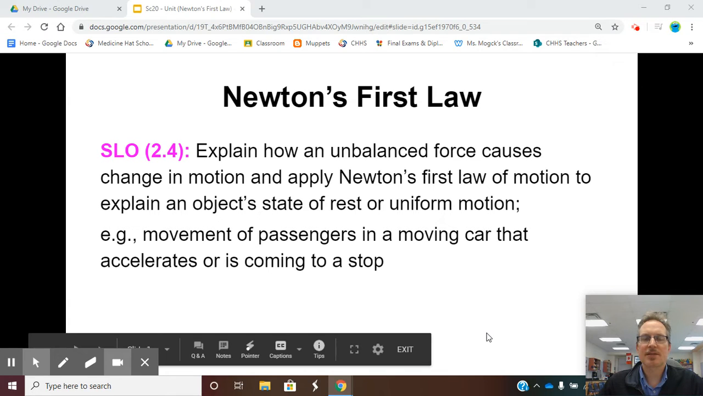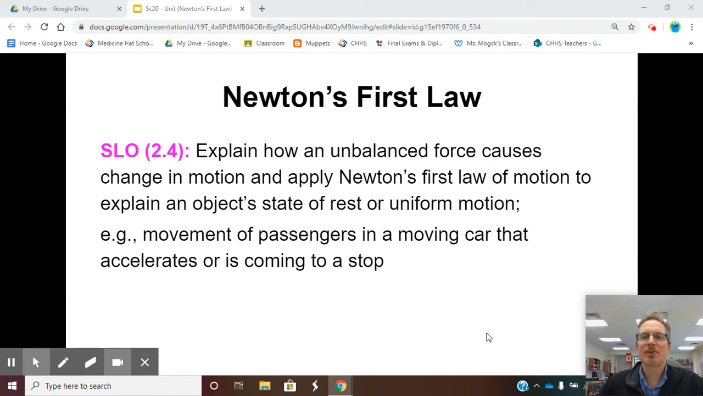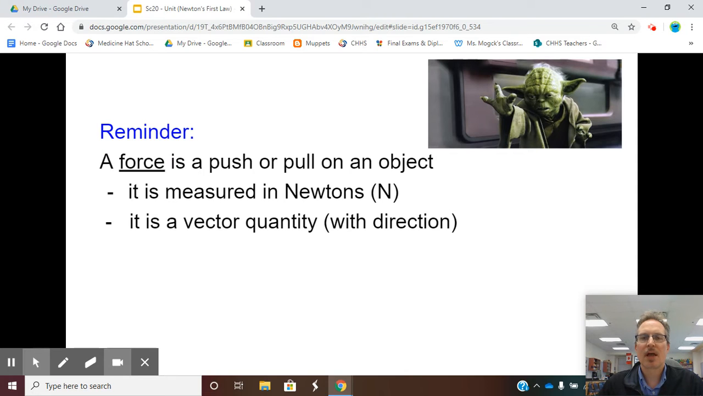Hello, Science 20s. Our lesson today is going to be on Newton's first law of motion, and we're going to use that first law in order to explain an object's state of rest or uniform motion. Before we can do this, I need to remind you that a force is defined as a push or pull on an object. We'll measure the forces in newtons, and reminder that force comes with direction because it is a